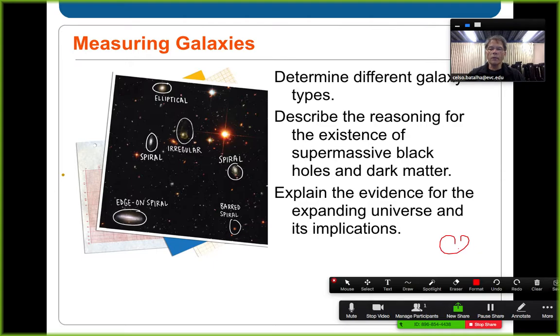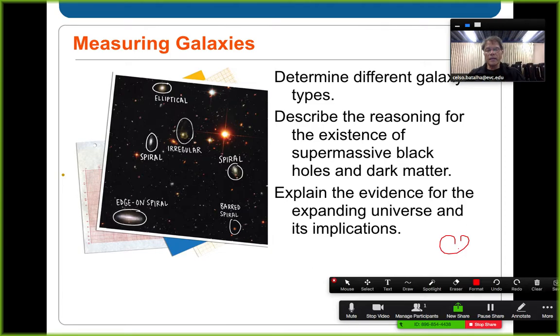One of the points that will pop up as we move through the slides is that galaxies, especially the big ones, not the smaller dwarf galaxies, come with different types of morphology,